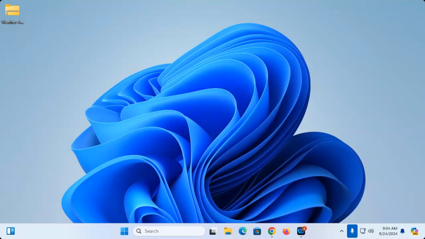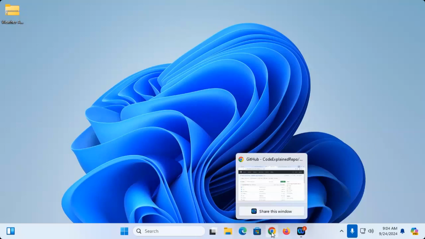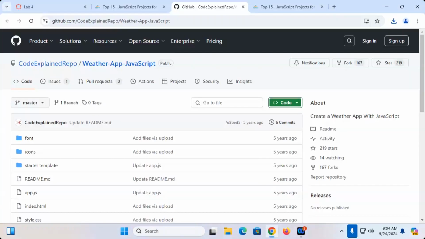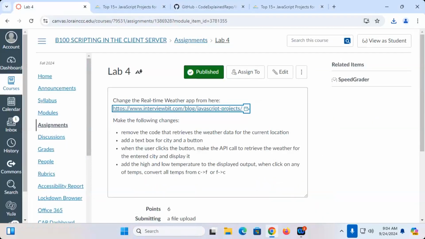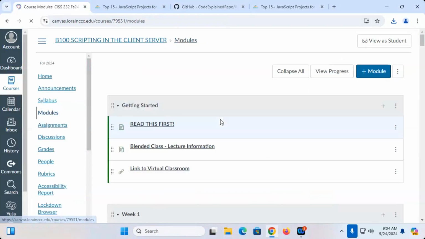So what we're going to do today is alter a web application, and we're going to use things such as JSON and APIs and JavaScript objects and so on. There are links to discussions of these things in Canvas